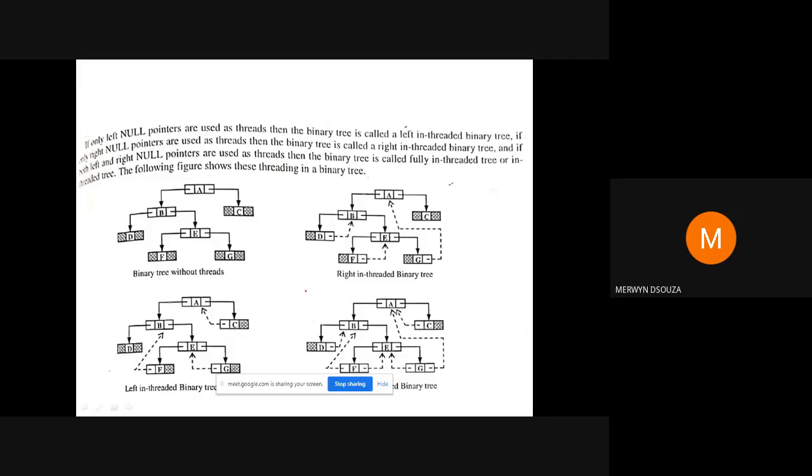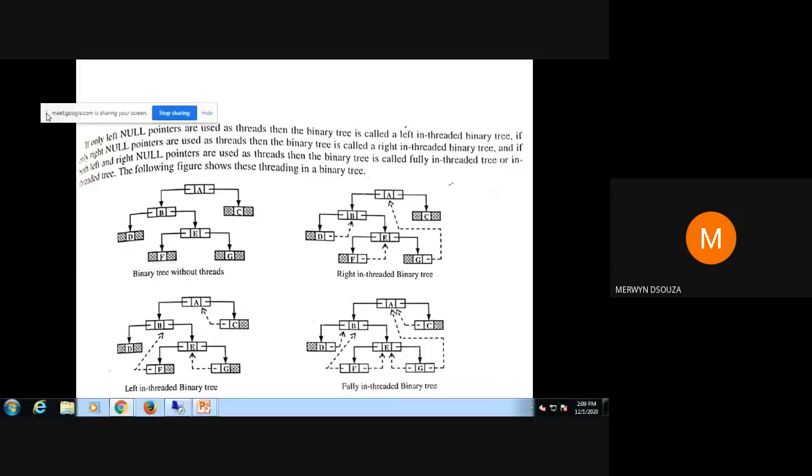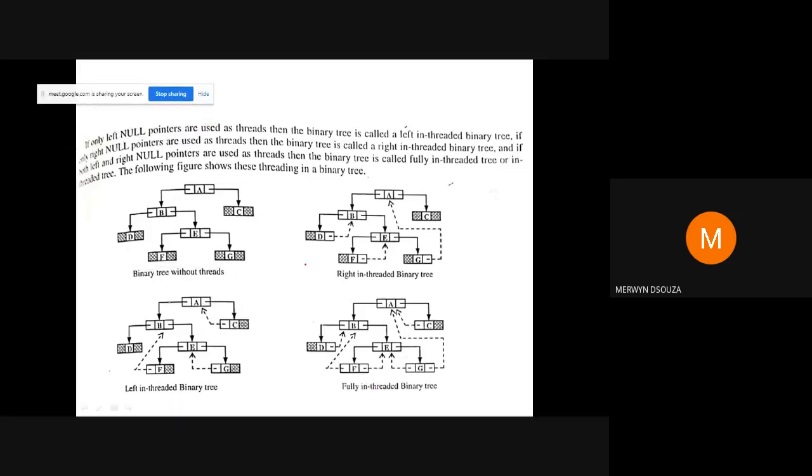Then we have three different types of threaded binary trees. If only the right null pointers are replaced, only the right ones, then we call it a right in-threaded binary tree.